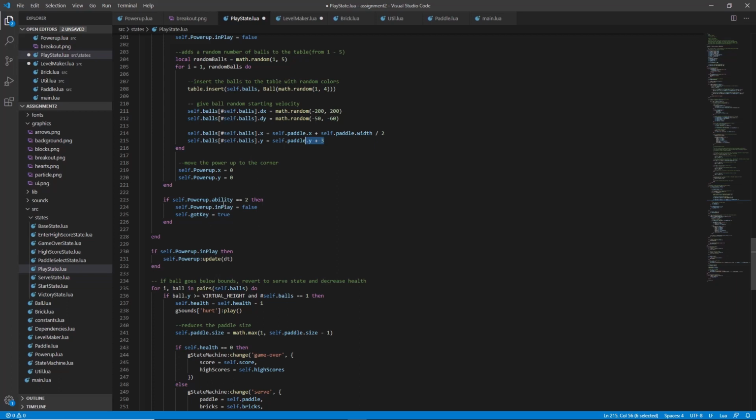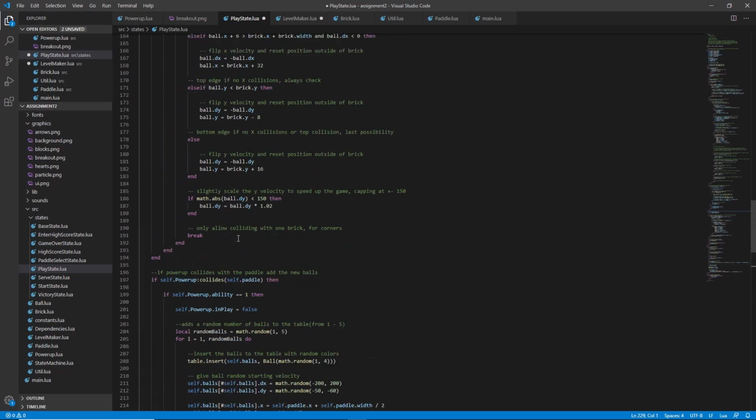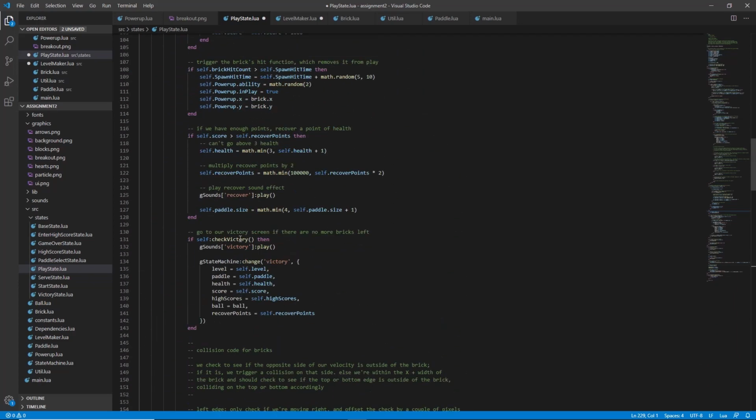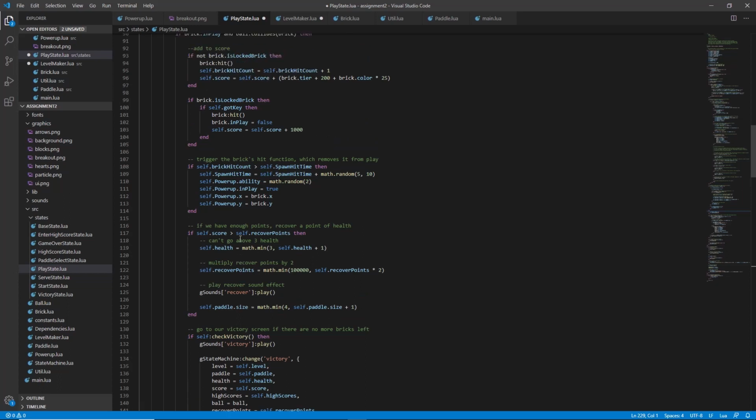And then when we get the ability equals 2, setting that particular ability, we then proceed to set this got key variable to true, meaning that we can actually break the brick now. And then this right here is a regular update that's going to update the power up on the screen. If we keep moving up,